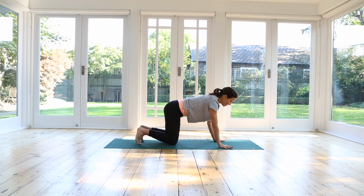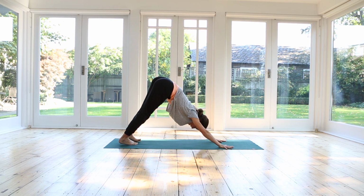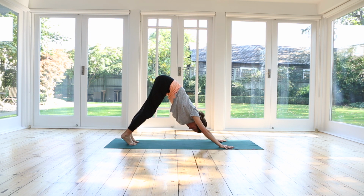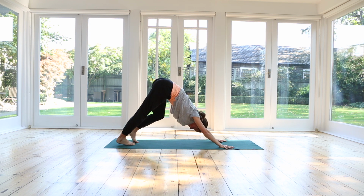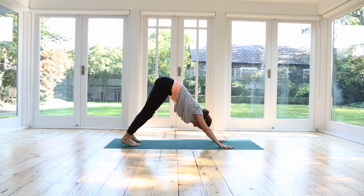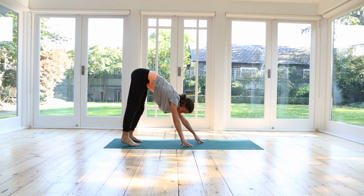And we'll have one downward facing dog, lifting the hips up and back. And you can keep this as easy as you wish. Or if it feels good to stretch out those legs and paddle through the feet, you can do that. Having your feet about hip distance apart, walk your hands all the way back to your feet so your weight